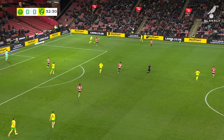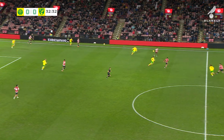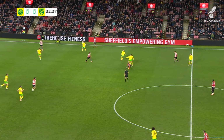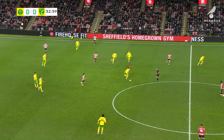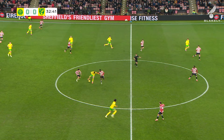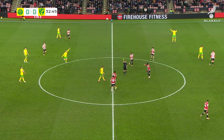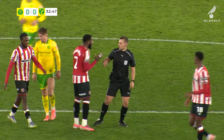He passes the ball out to Medic, who now has to be careful, being on a yellow card. Aims it towards the halfway line. Quick feet there from Sariki, but Matson makes the challenge, wins the challenge, and Jacob Wright gets possession for Norwich City. Sariki knocks him over, and he's going to get a yellow card there, Sariki. And I think probably,